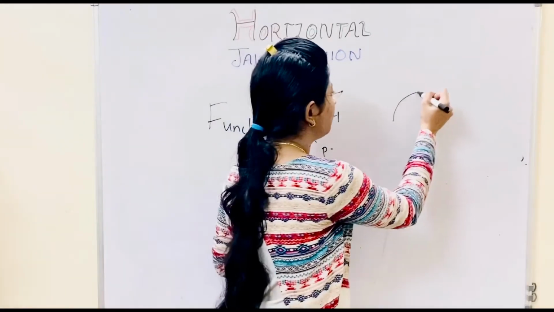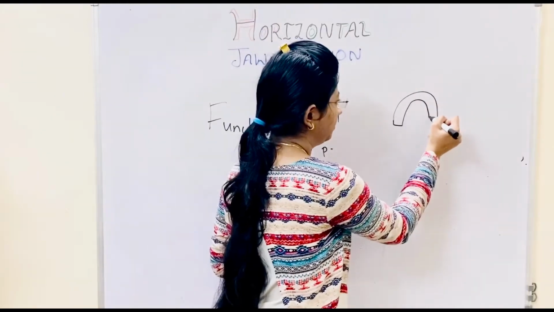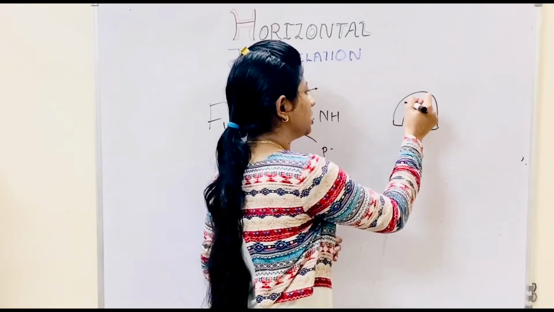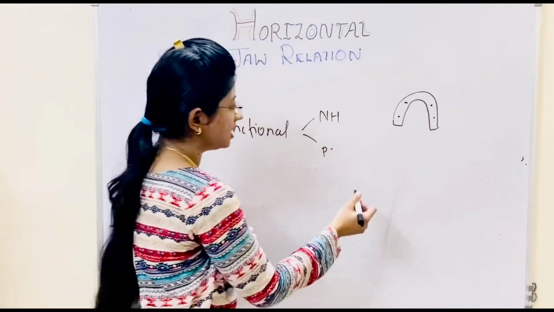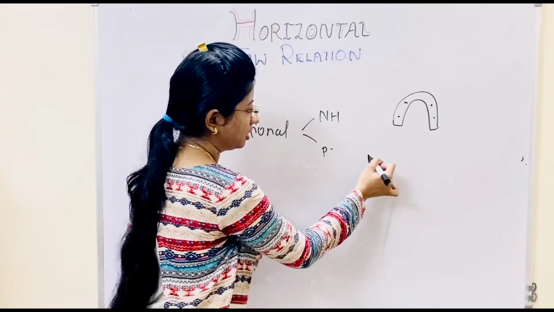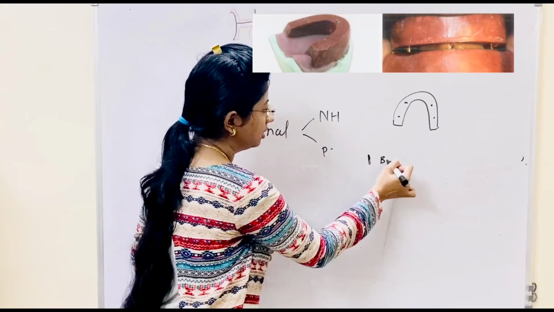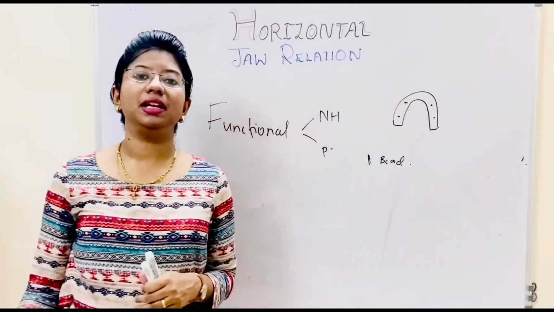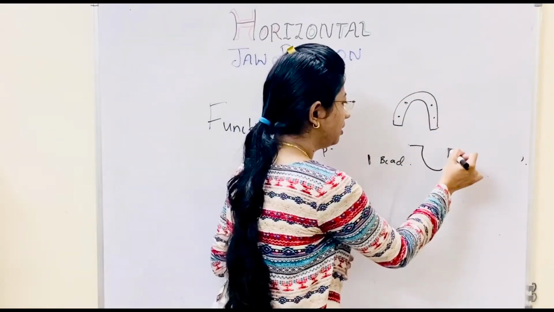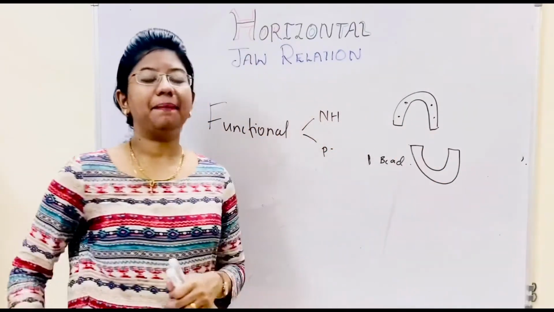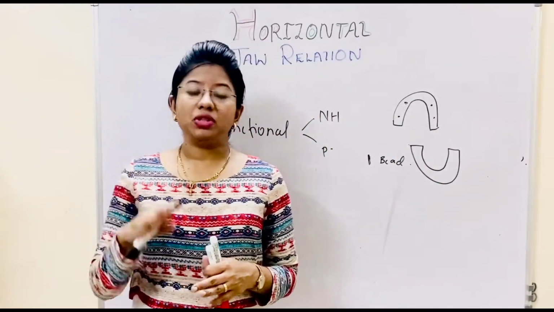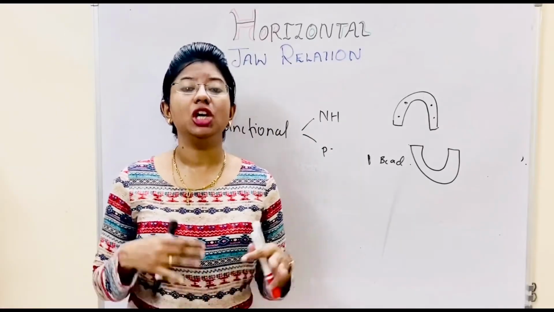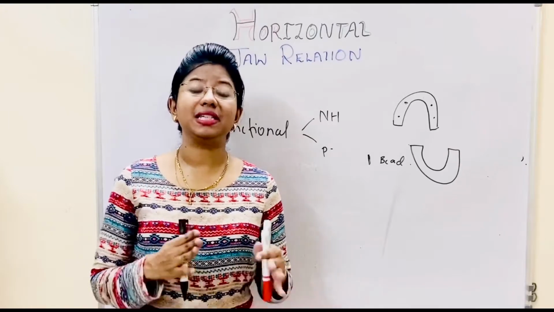So if this is my maxillary rim, I will attach some styli in this position, okay? So there are styli. A stylus is something pointed, or you can say a bead. So something pointed is being attached to the maxillary rim and there is one more, the mandibular rim. In function, we will ask the patient to do the protrusive movements as well as the lateral movements.